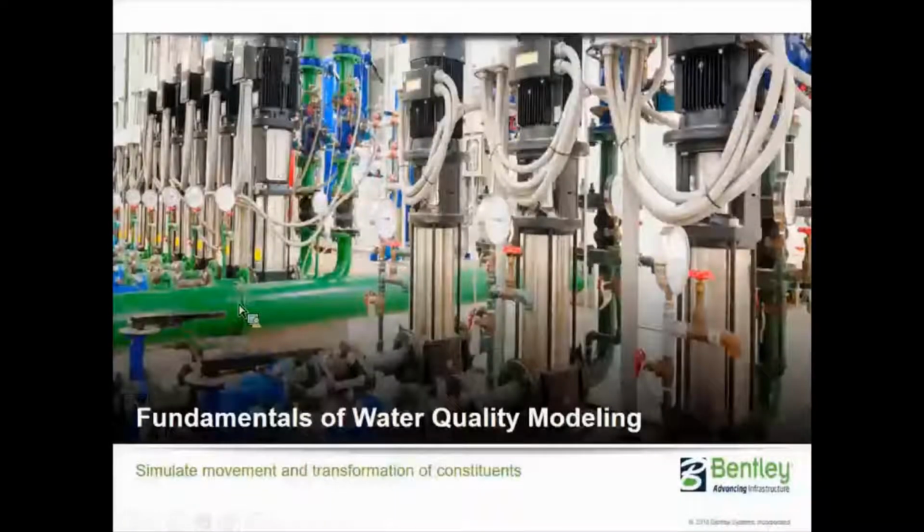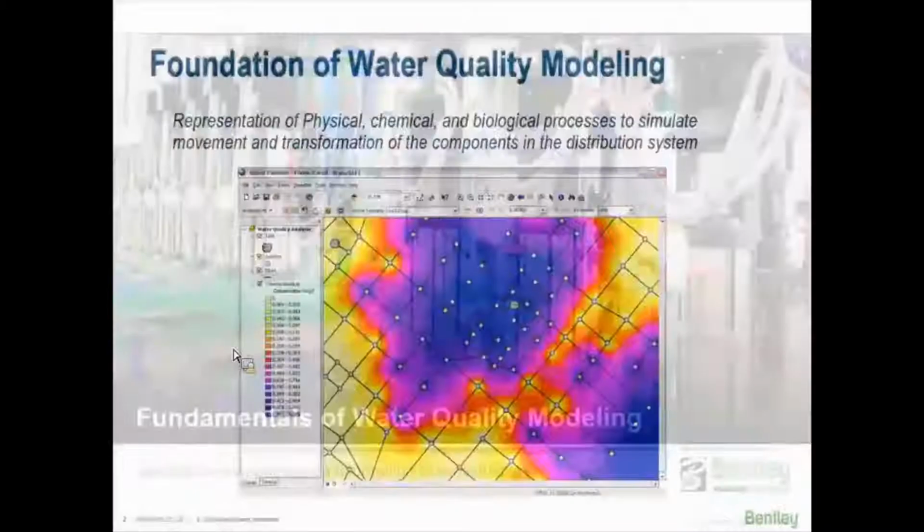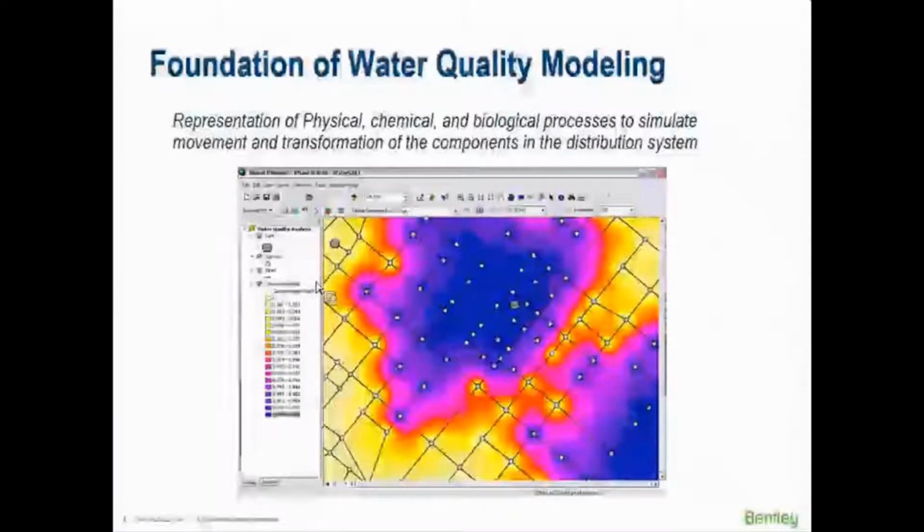So, water quality modeling. Our objective is to identify and simulate the movement, transformation, and changes of water quality parameters. And we're going to be doing this along the coattails of an extended period simulation to help us approximate whatever the results are going to be and project those results in the hydraulic model. This is an example, an actual thematic results representation of chlorine concentrations or chlorine residuals in a system,